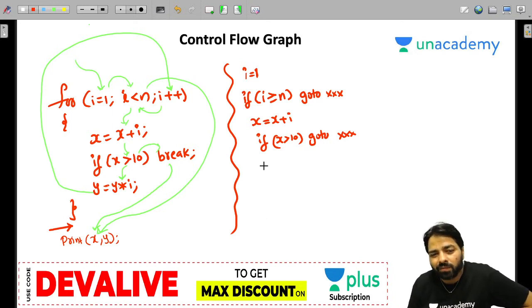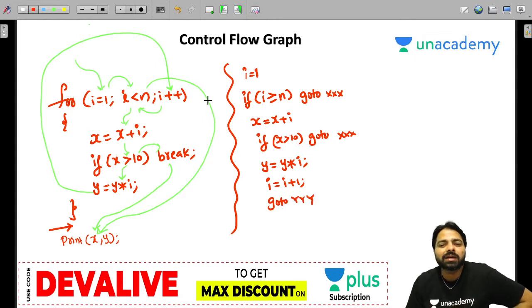Now y is equal to y multiply with i. Then you need to write again go to, but before that i increment. Then you can write go to triple y. So where should triple y be? It is at that if statement, this is triple y.